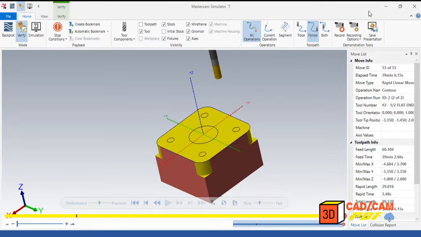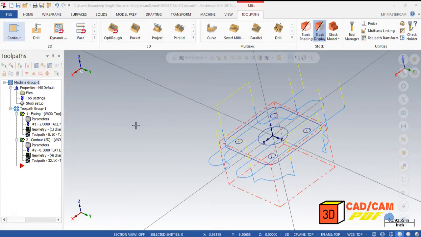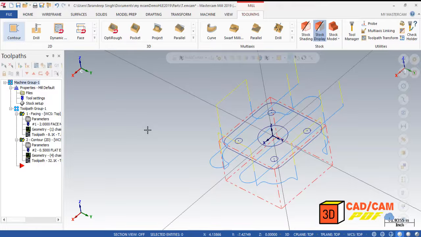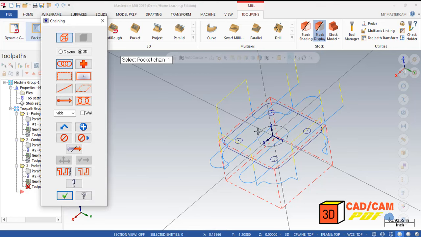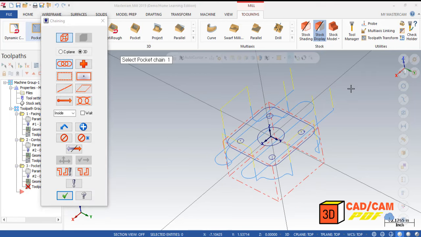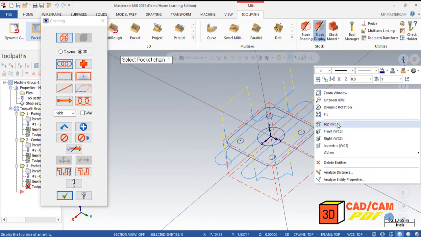Minimize this window, and now for our next step we're gonna go to our pocket, which is gonna be 0.75 down. For that we're gonna click on expand the gallery, then click on pocket. For that I'm gonna click on top of our view,